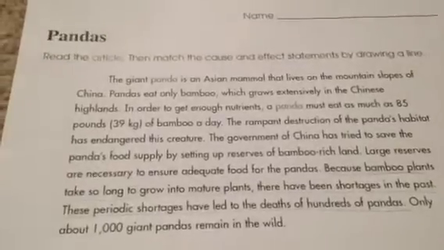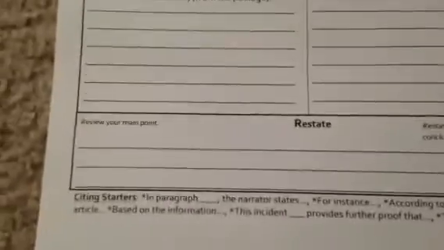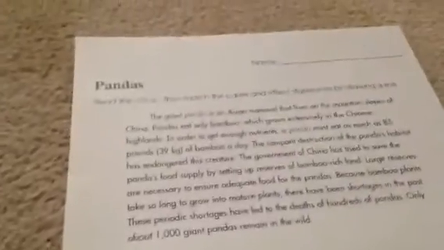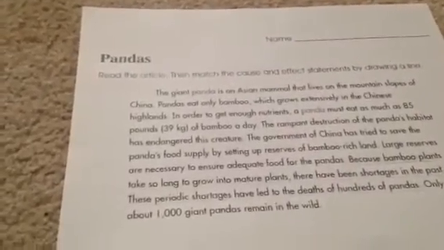Alright, we're going to go on to our next piece of evidence. Remember, we said that it's very important to use both articles to support your answer. That's what we're looking for. And we talked about why that's important yesterday, so keep that in mind. For this second piece of evidence, we're going to use the short pandas article. It is your choice right now. You may stop and continue and finish the rest of this on your own. So you need to find 2 more pieces of evidence. At least one needs to come from the other article. Or you can go on to the next video